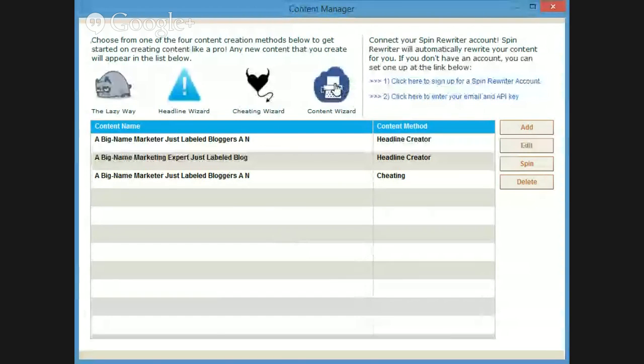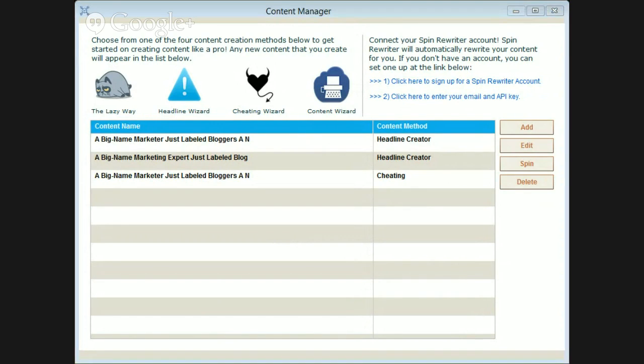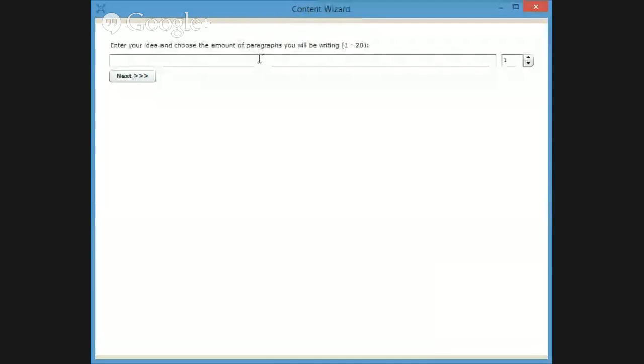Now, the content wizard. This is the one that to me is the most important one out of all of these. And you'll see in a second what I mean. Alright, again, I'm going to have to exit out of there and click again to go into Content Wizard. Okay, see now this here is actually a very ingenious thing.